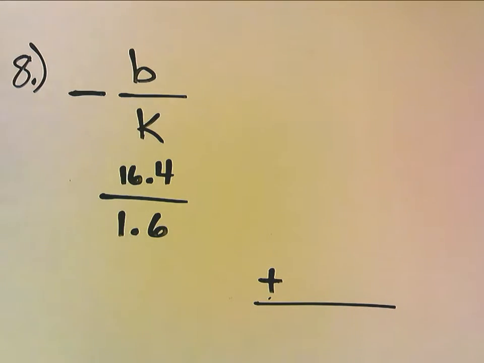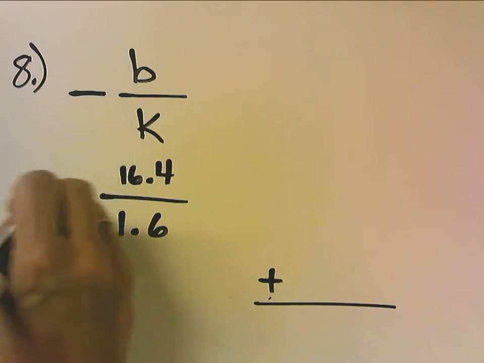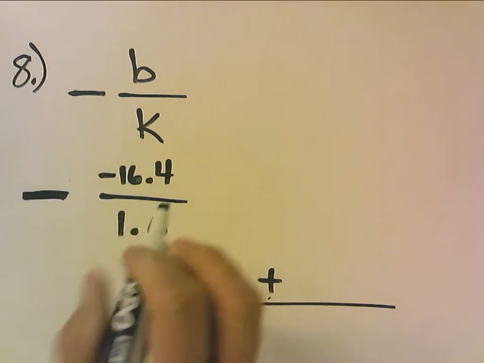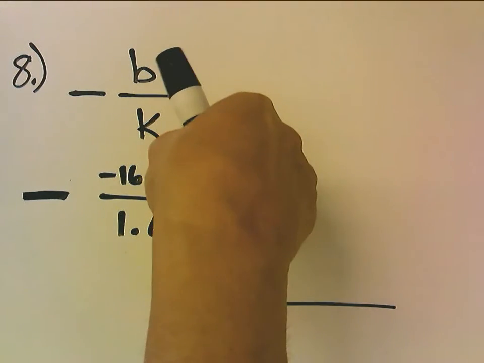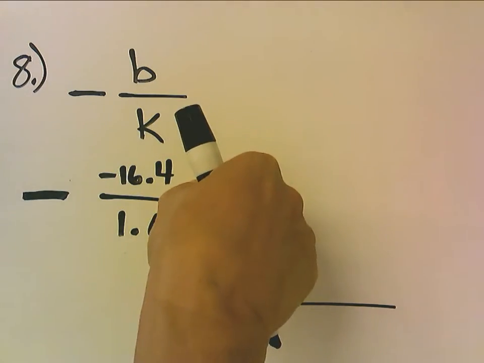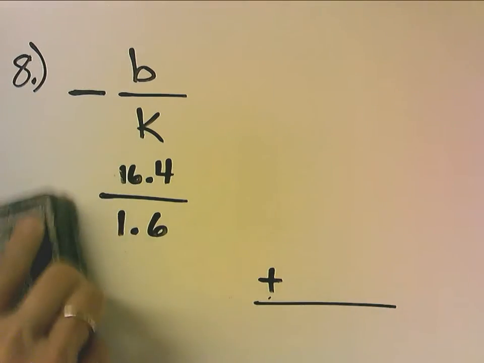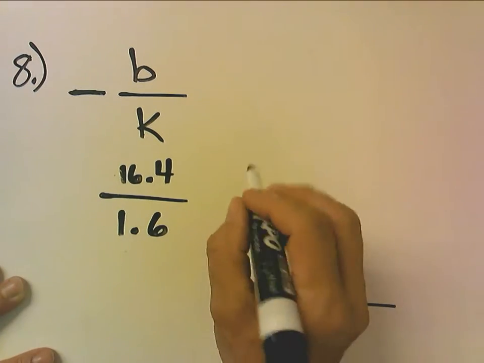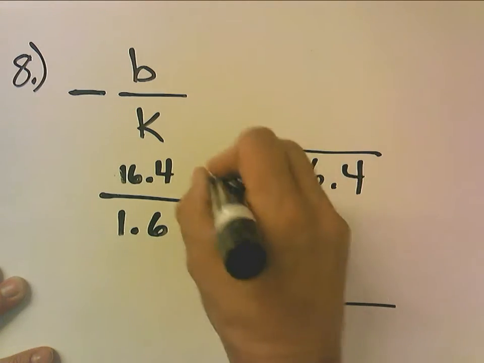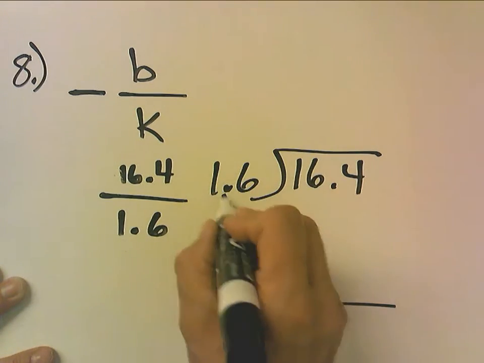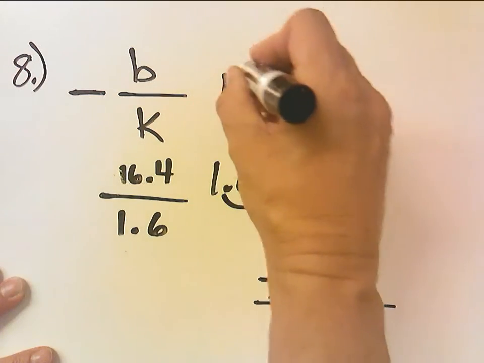Now let's go over that again to make sure everybody's clear on this. It said do the opposite of negative 16.4 over 1.6. A negative divided by a positive is a negative. The opposite of a negative is a positive. Okay? So now what I have to do is 16.4 divided by 1.6. I have to move this decimal over 1, this decimal over 1. So I'm really going to do